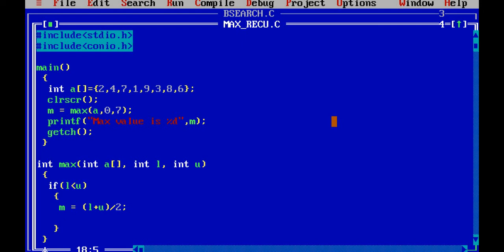So M1 will be equal to the max of the first half, that is the array A, from L up to M. This is the first half, which you have given to your first friend, and to the second friend you have given the array A, which starts from M plus 1 till U. So this is the second part.